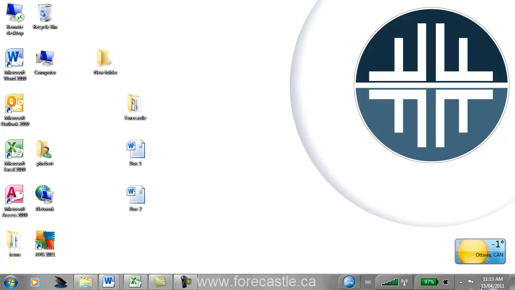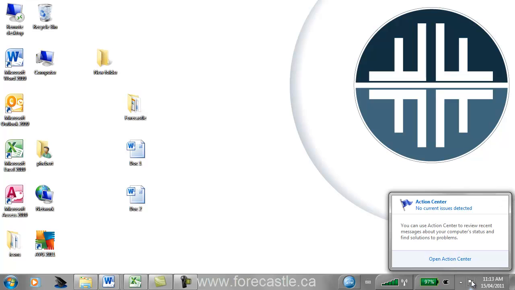So that's a pretty neat feature. The next one to the left of the clock in the calendar area is the Action Center, this little flag here. If there's something really important going on, you'll see this flag turn red, and we can see if there's anything important to do. So the Action Center